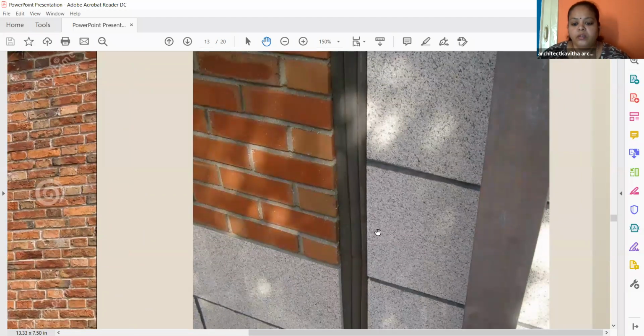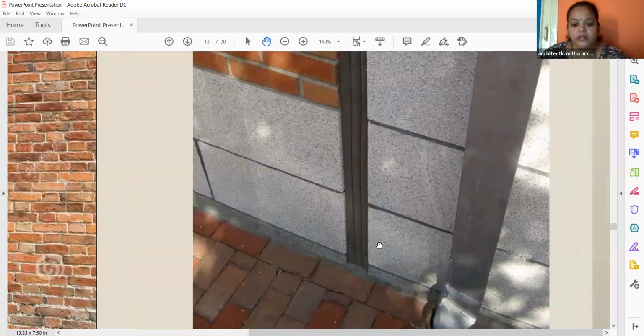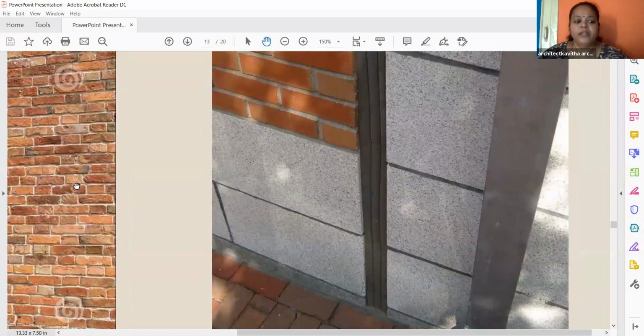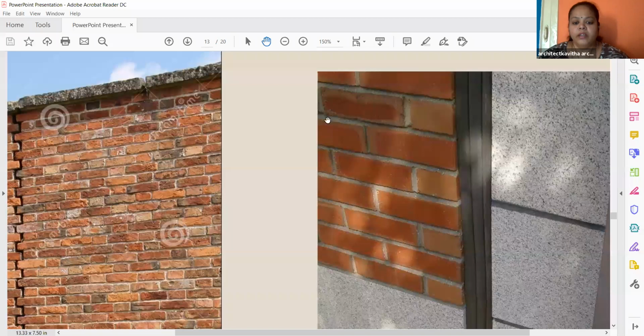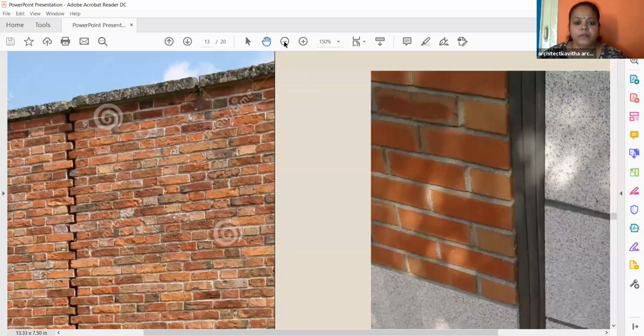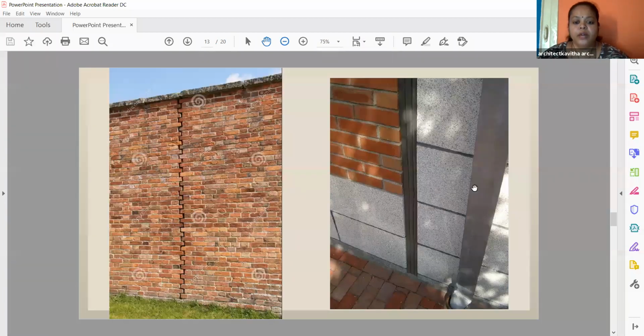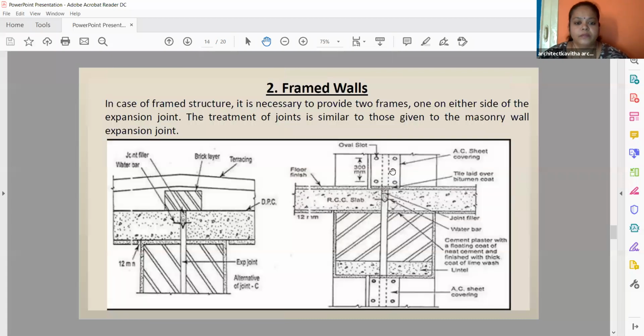Or you can use, sorry, this is a rainwater gutter. So this is the filling material that you give for the gap. Here the gap is a little bit more, but normally it is around 20 to 30 mm that they give for expansion joint. So one is the T junction. The other one, if you have buildings next to each other, there you can give these kinds of joints, or you can give a straight joint for the expansion.